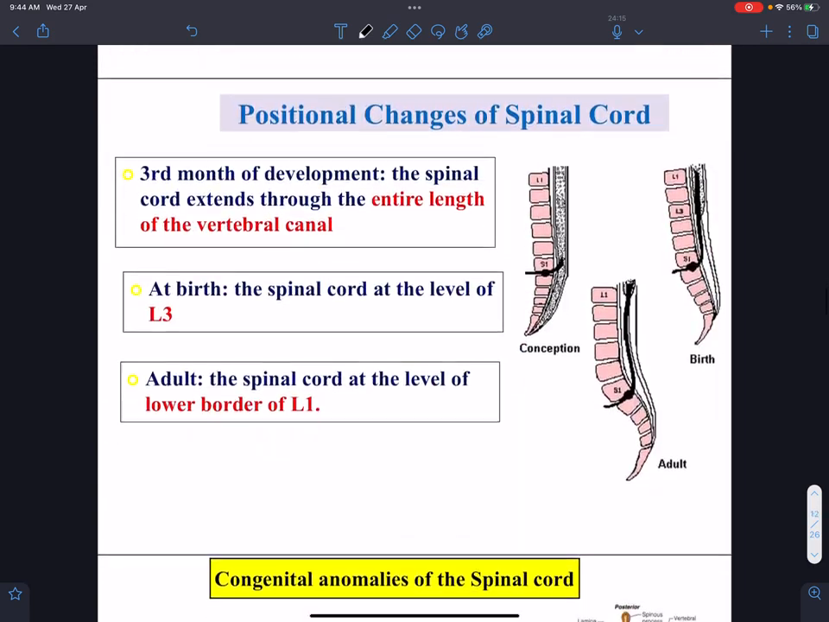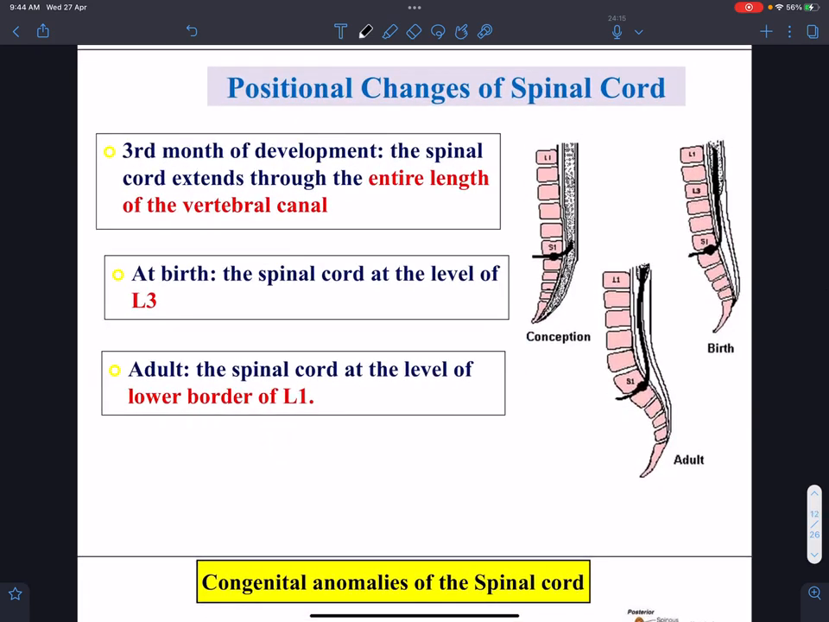We finished myelination, and this next slide is talking about the positional change of the spinal cord, right? Like this is the spinal cord, and this is the vertebrae. And as throughout development, as the baby develops more and more, you see initially his spinal cord was corresponding to